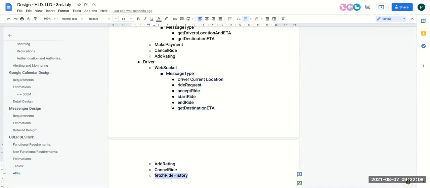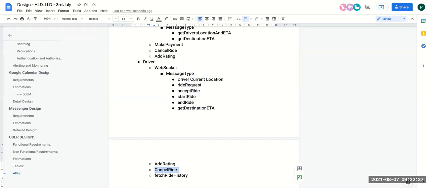It's an HTTP request. This is a WebSocket connection. This I'm not closing. You can keep on receiving requests and you can still get the ride request. The backend will handle whether to send the ride request to the driver or not. Why do we need cancel ride in the WebSocket? I mean, it's unnecessary, right? You can do it if you want to, but you can have a separate API to cancel the ride.